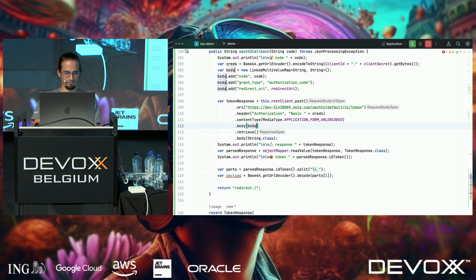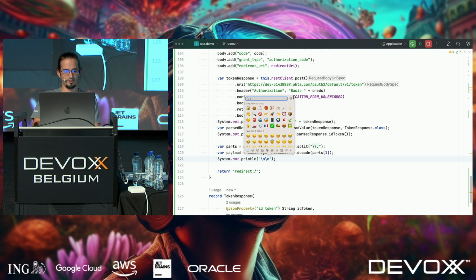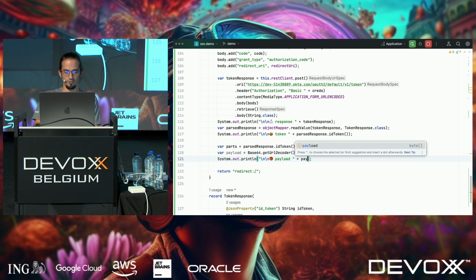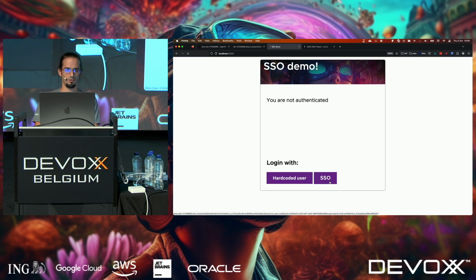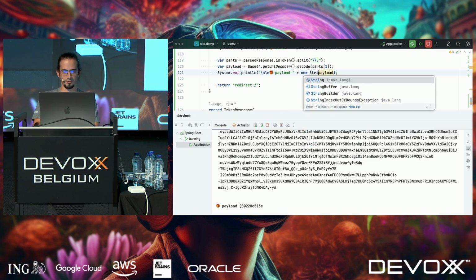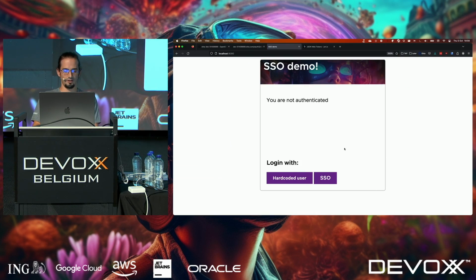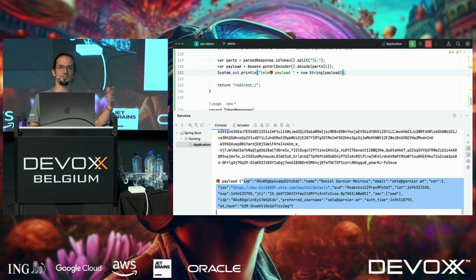Fine. So we have a payload here. It's decoded, and then we could print it out. That's fine, actually. Let's see what it looks like. So a box, payload. Okay, so I go here, SSO, and then in here. Well, this is a byte array, so it's not super interesting. Let's make a string. Go again, SSO. So the thing we've seen on jwt.io comes back,